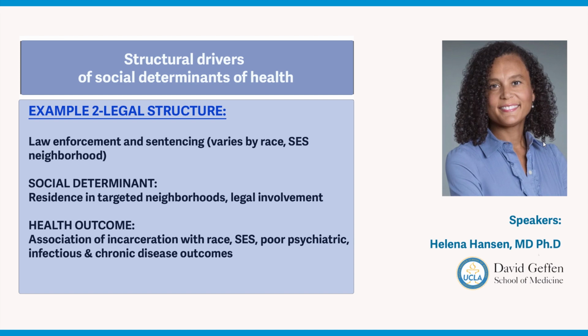And there are lots of layers of public policy that don't account for the need for affordable housing and often create shortages of affordable housing. And these are often focused on low-income Black and Brown communities. So that is a structural driver of the social determinant, which is insecure housing. And then the health outcome is increased risk of chronic infectious disease, psychiatric disorders, high rates of hospitalization, rehospitalization. So these are things you're going to encounter in the clinic and in the ER over and over and over again. You're going to encounter the health consequences of unstable housing.